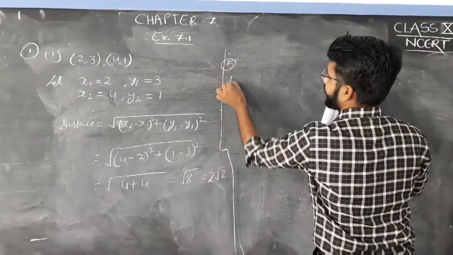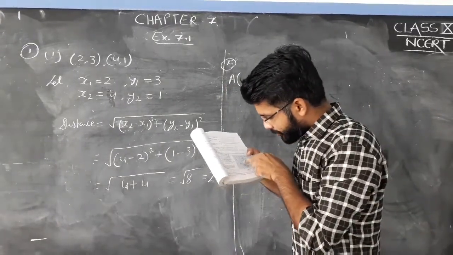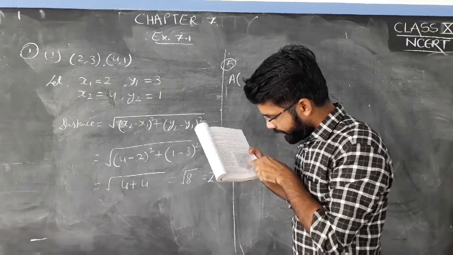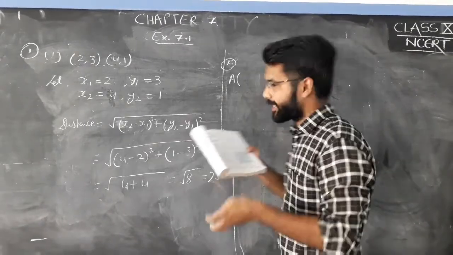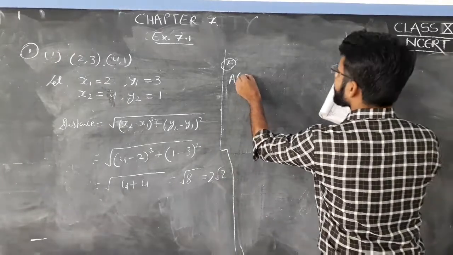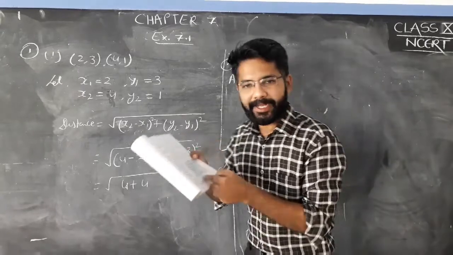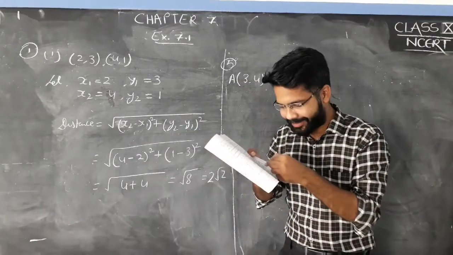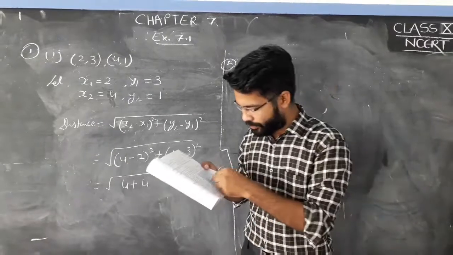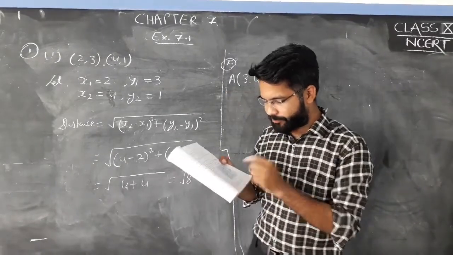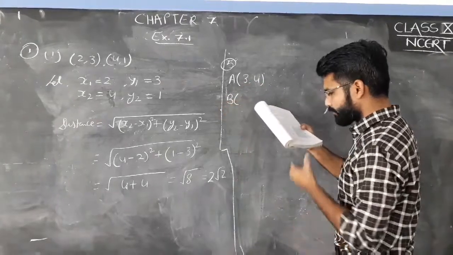Question number 5. Coordinate of A would be what? A is going to point 3 on the x-axis and 4 on the y-axis. The coordinate of A would be what? 3 and 4. Means आपको ये चेक करना है कि A x-axis पे कहाँ जा रहा है और y-axis पे कहाँ जा रहा है. x-axis पे जहाँ जाएगा वो x की वैल्यू होगी, y-axis पे जहाँ जाएगा वो y की वैल्यू होगी. So A is reaching at point 3 and 4. The coordinate of A would be what? 3, 4. For B it would be what?